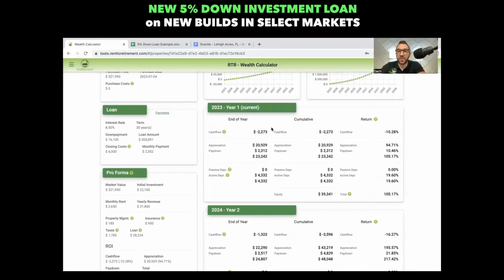So if you bought this house with $20,000 to $22,000 out of pocket, and just a loan and appreciation, you almost had 100% ROI year one. This is the power of leverage, right? You put 5% down, but you own 100% of the house. So on $100,000, if you put $5,000 down, but that house goes up 5% that year, now the house is worth $105,000. That is 100% return on investment, because you put $5,000 down, you built $5,000 of equity just through